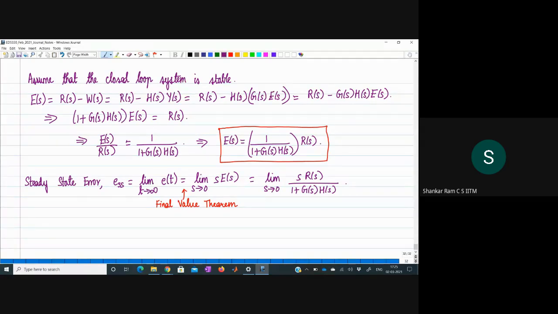We can immediately observe that this expression for the steady state error depends on the reference input signal R of s. R of s comes into play, and consequently the steady state error is going to depend upon the reference input that we provide to the system. So that becomes very important. In order to proceed further, let us consider